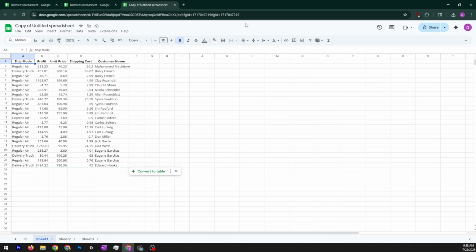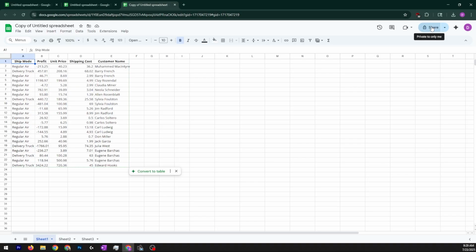Next, let's talk about sharing your spreadsheet. If you look in the top right corner of your screen, you'll find the Collaboration Options menu. Here you can view version history, add and manage comments, join or start a Google Meet call, and share your document. Let's explore each of these.